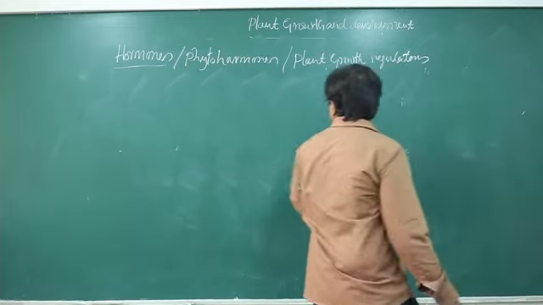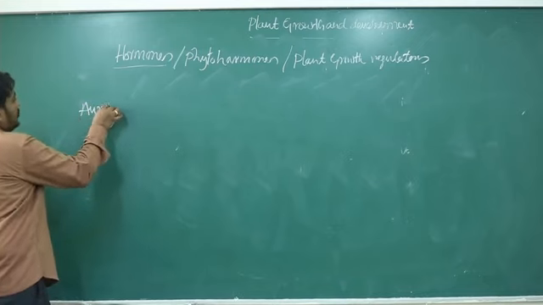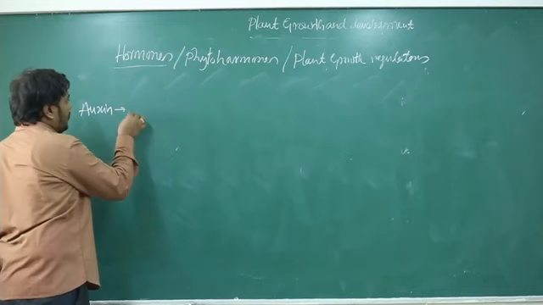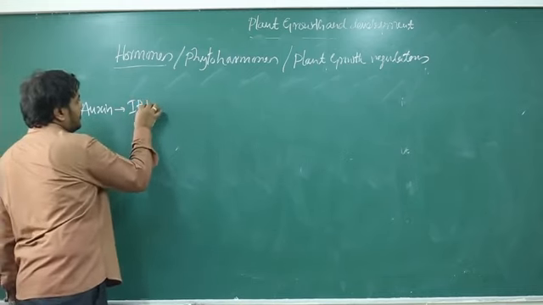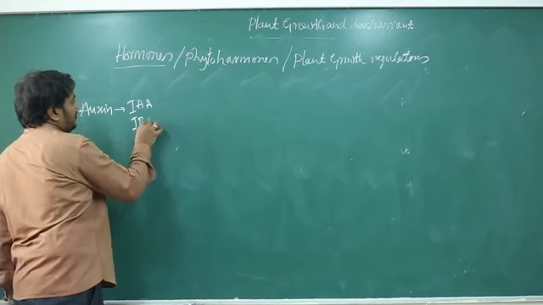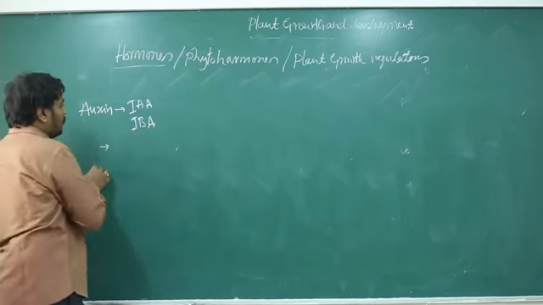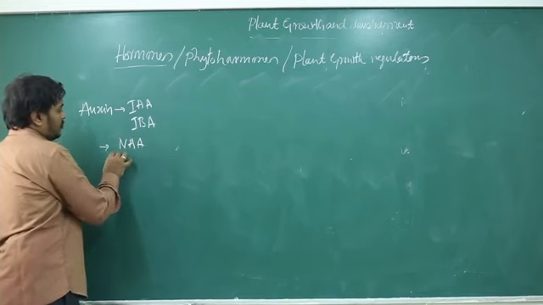So this auxin is a growth hormone. It shows different effects. Naturally available auxins are indole 3 acetic acid and indole 3 butyric acid. IAA and IBA are the naturally occurring auxins, whereas a few more auxins were there, like naphthalene acetic acid, then